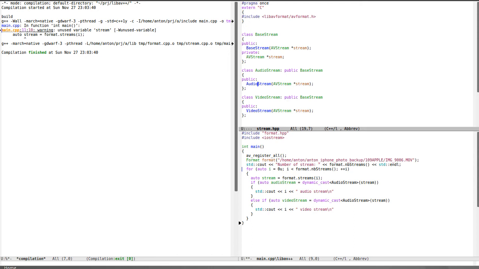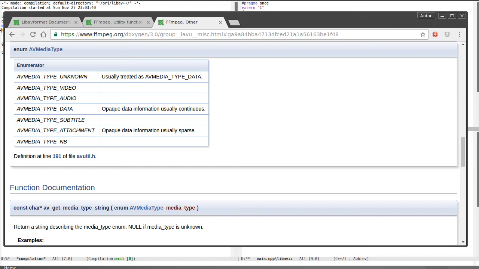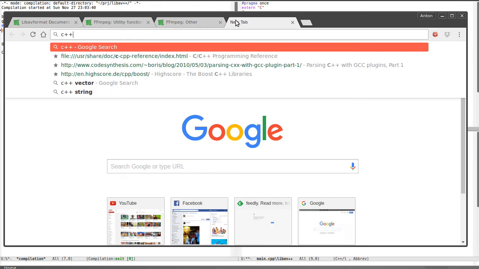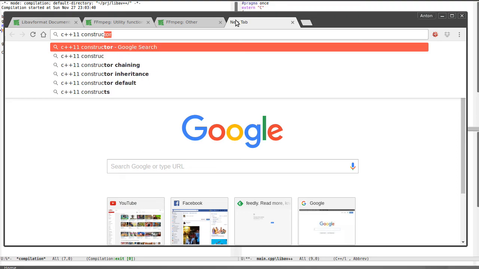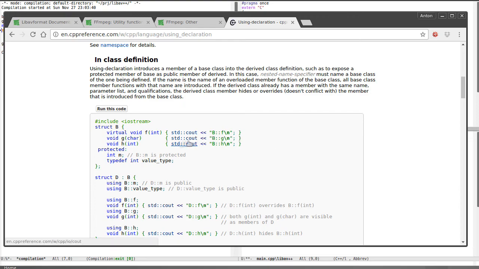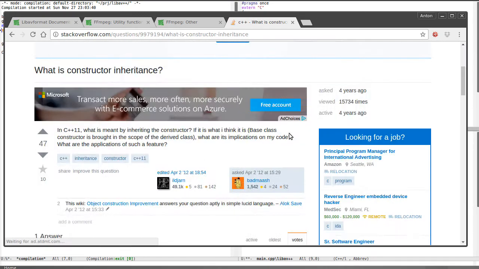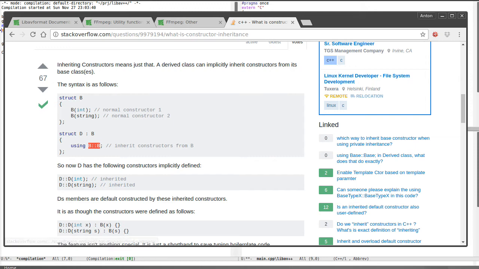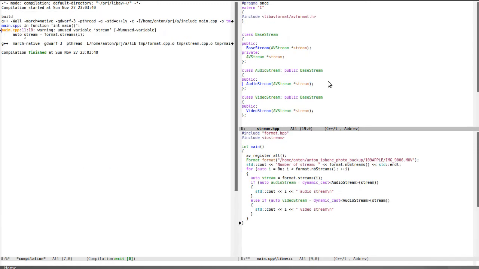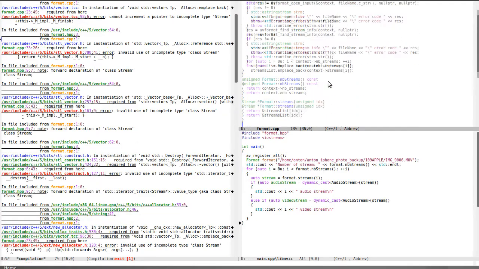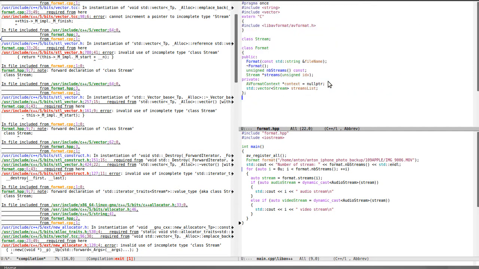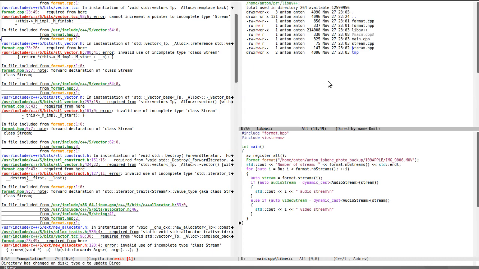I think C++11 has some feature. I do not remember the name of the feature. C++11 constructor inheritance. Yeah, using BB, yeah. Okay, so I can do using base stream like this. Right, and now because of all this virtualization,